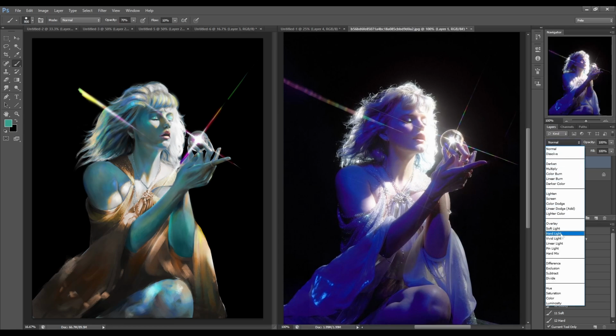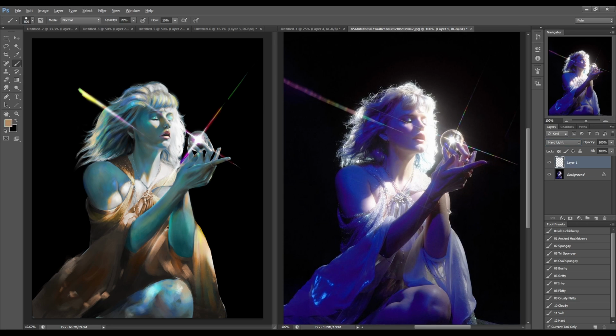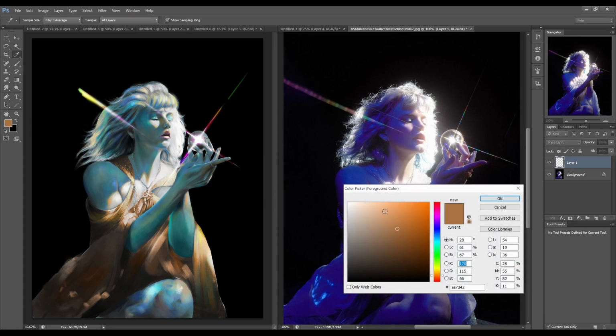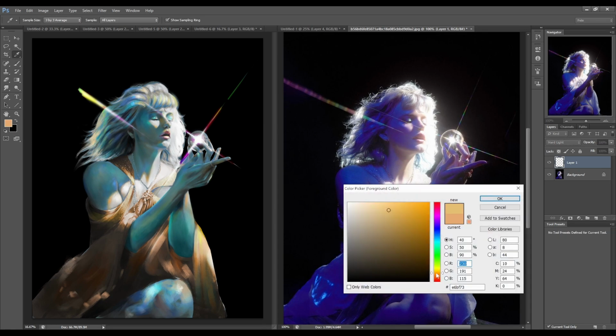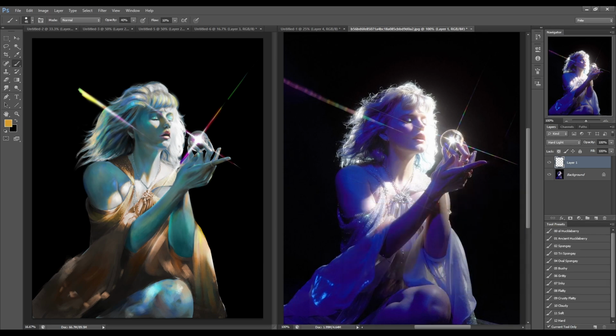Let me try to do this in reverse a little bit, actually. If I were to try to make her dress look more gold on this photo, I could maybe add a little bit of hard light. I'm trying to find the right hue to add to make it feel like it's gold. The parts that are more softly lit, we can maybe get a little bit of yellow in there to bring in the gold.